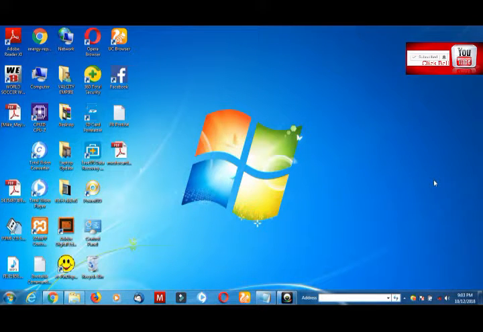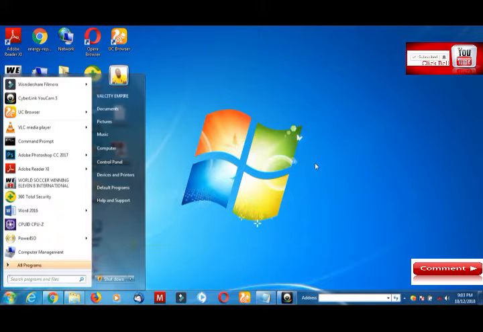In this tutorial, I'm going to show you how to create a Windows 7 bootable flash disk drive. What you need for this tutorial is your CD and your flash drive. We are going to be creating this using our command prompt. So I'll go to my start and I'll type in cmd